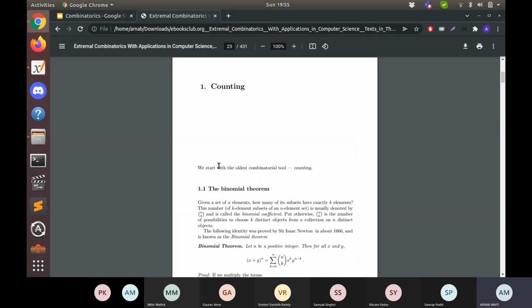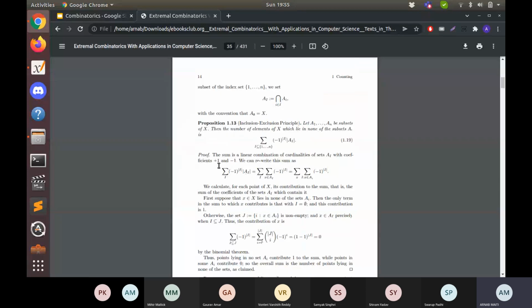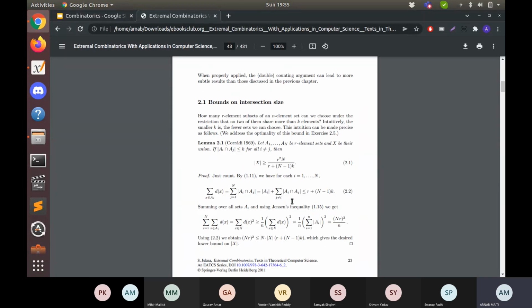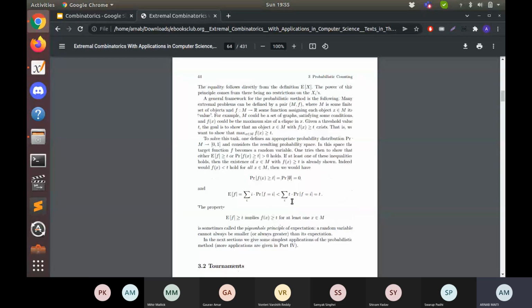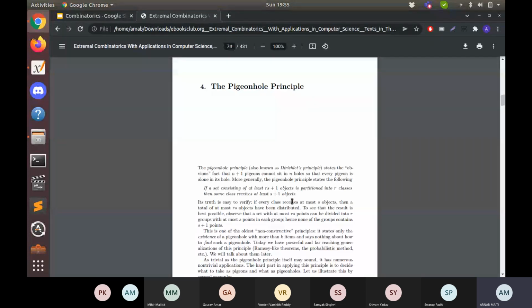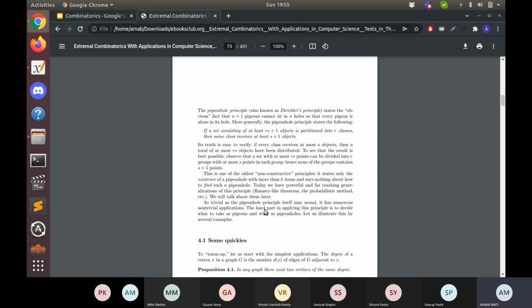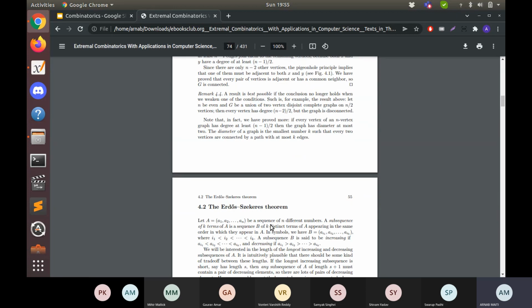You will have all the basics here, and then they go a bit advanced. Even if someone wanted to learn the pigeonhole principle, you have it here. They cover the basics. The theory will be just 2 or 3 lines, but the ideas and coming up with solutions will be a bit tricky.